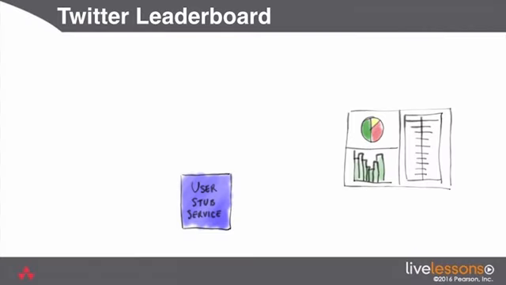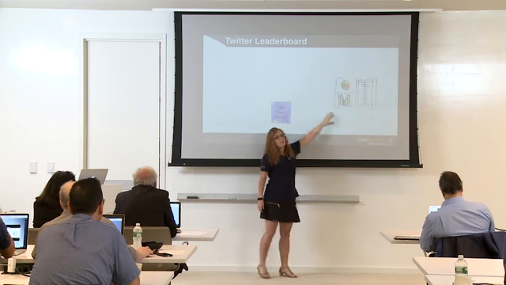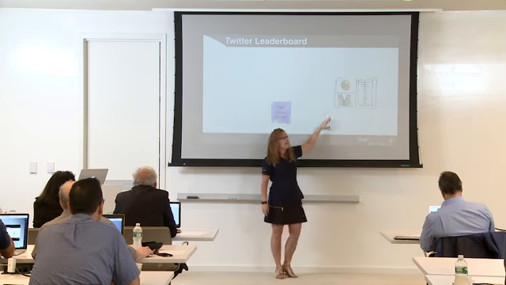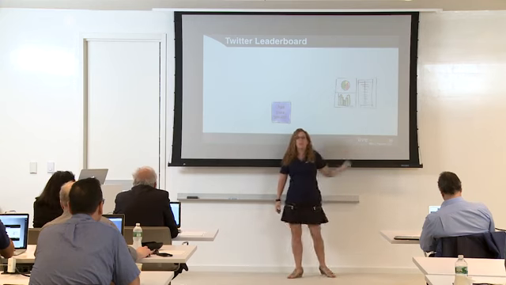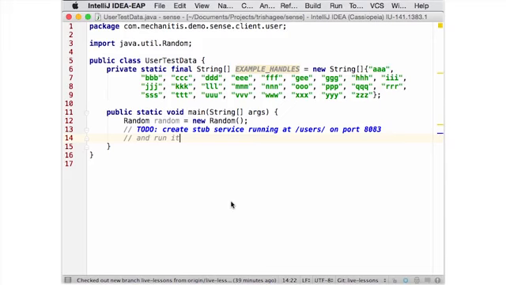So here we go. We're going to have some sort of standalone service here, which is going to emit Twitter handles. Then we're going to have something here which will count the number of times we've seen those Twitter handles, and something to create our leaderboard. I have a bunch of fake Twitter handles at the top, and I've made them really obviously fake. If I made them look real, then it wouldn't be so obvious when I'm using fake data versus real data. And I want to pick one of those Twitter handles